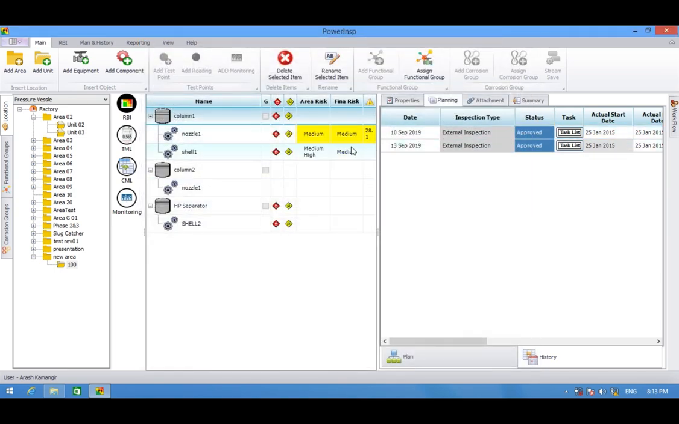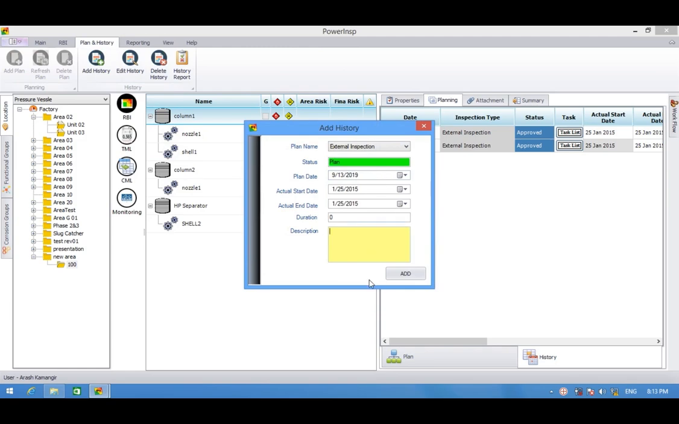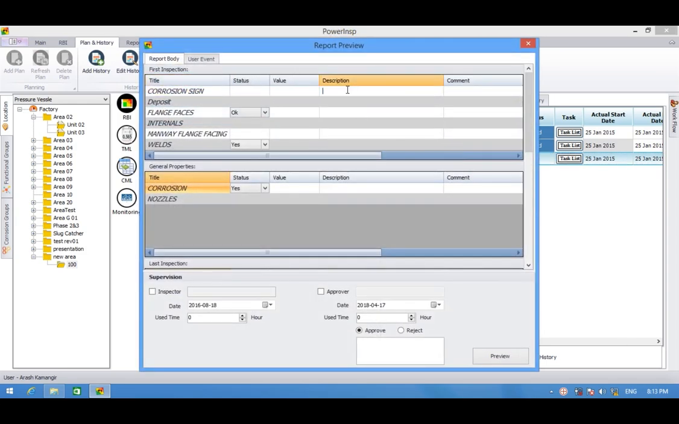But for a new one, here, history, so we can add a history, right? And then we can insert anything we want. So flange pages are okay, not okay, whether we want to insert values. Maybe we want to have a selection okay, not okay, or yes or no in the corrosion signs, and we can simply design it in the